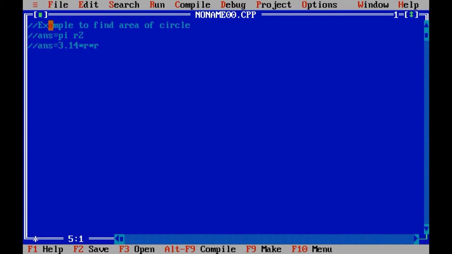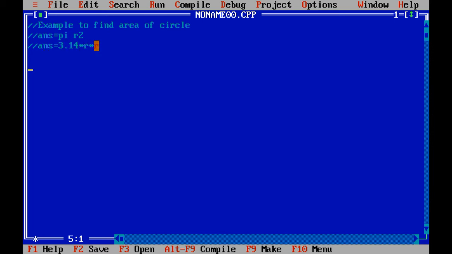The variable declared on the left side of the equals operator, here that is answer, is known as the output variable.